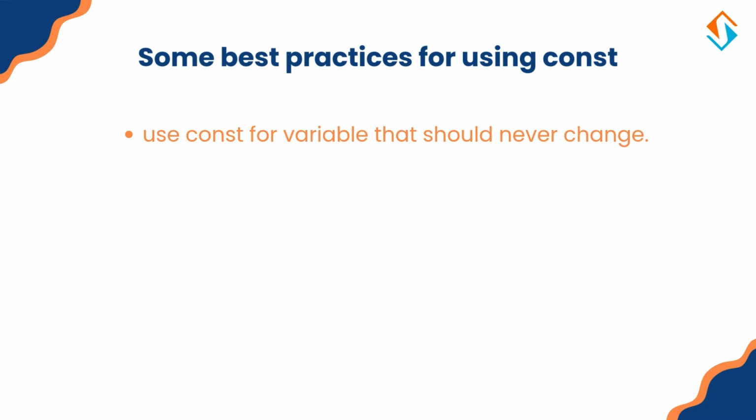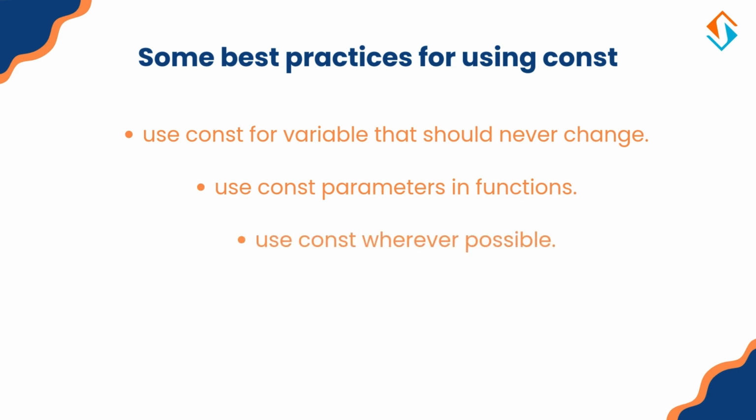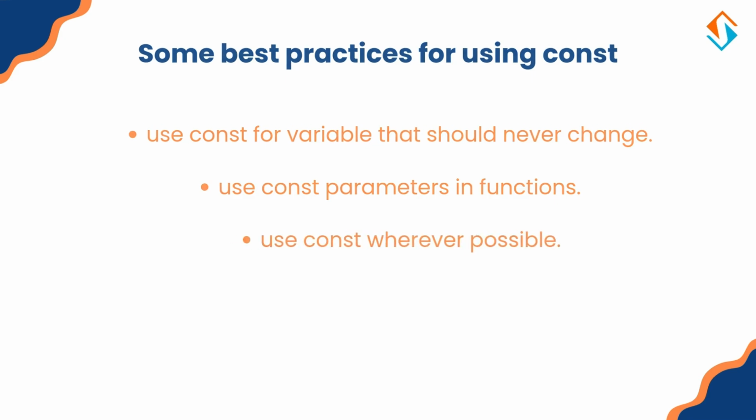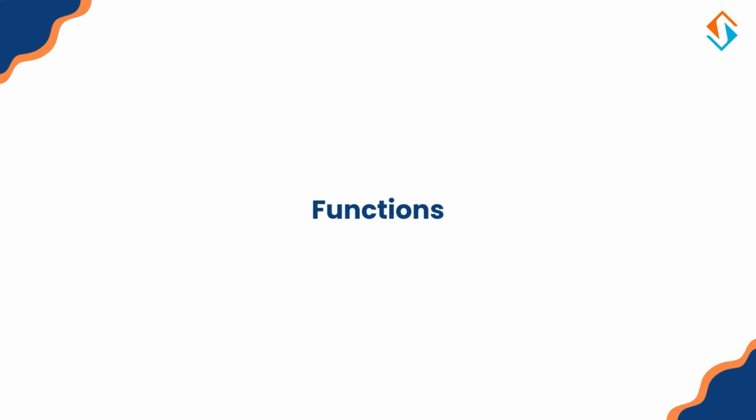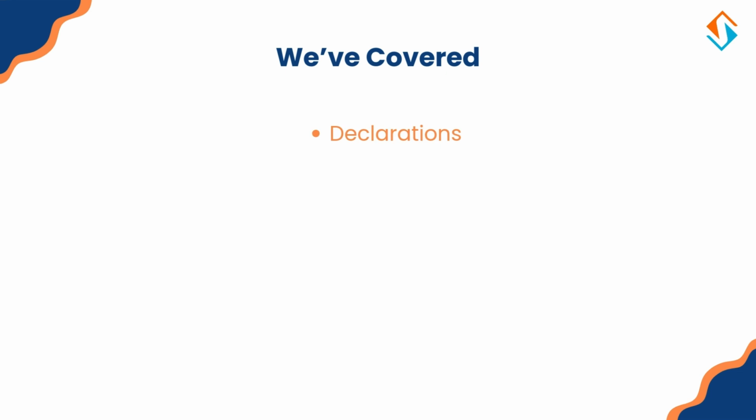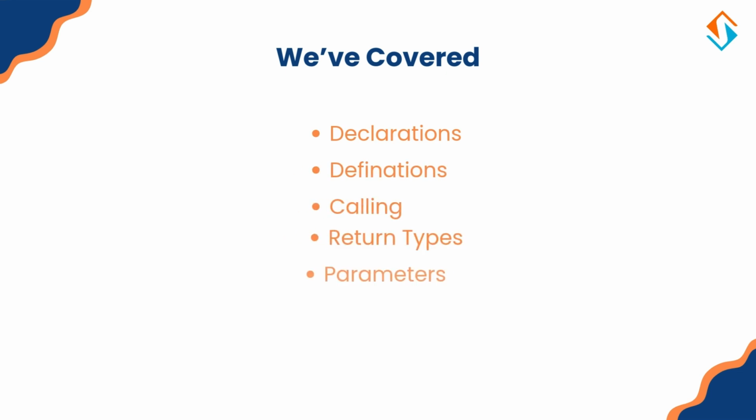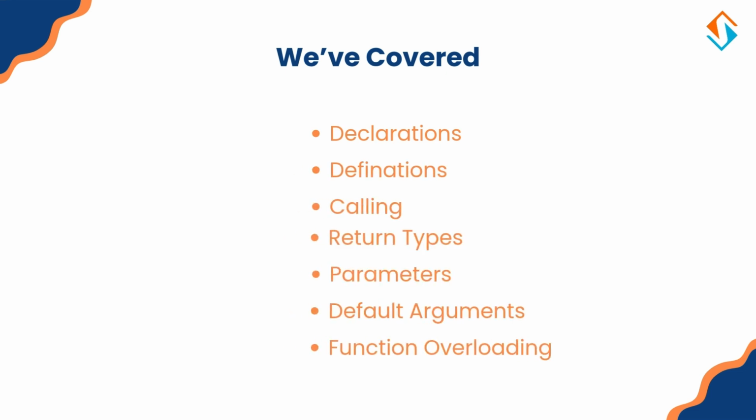Second, use const parameters in functions to make your intentions clear and prevent accidental modifications. Third, use const wherever possible. It makes your code safer and easier to read. And that's everything you need to know about functions in C++. We covered declarations, definitions, calling, return types, parameters, default arguments, and function overloading. Functions are one of the most important tools in programming, so mastering them will take your coding skills to the